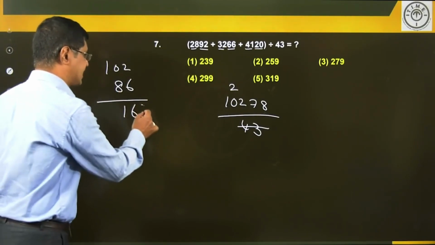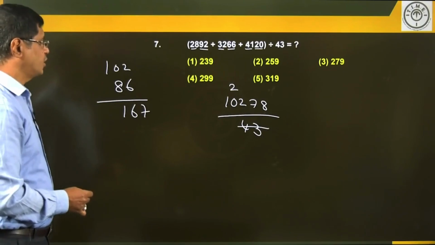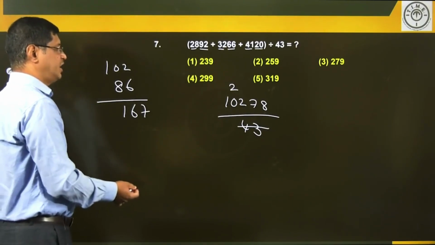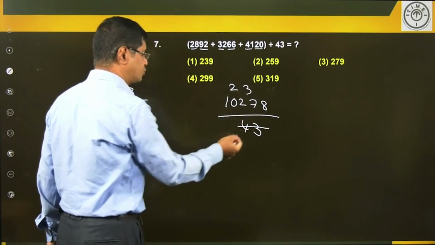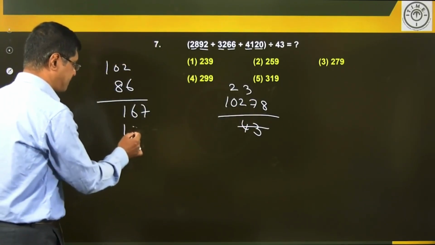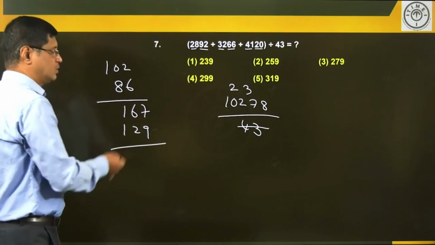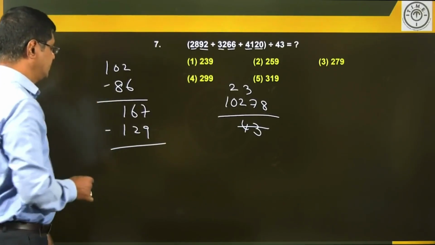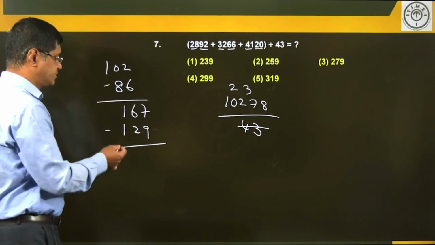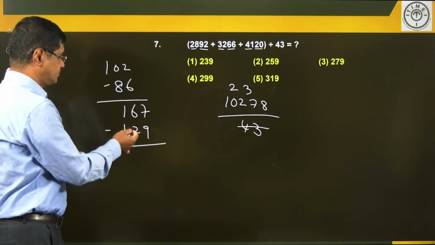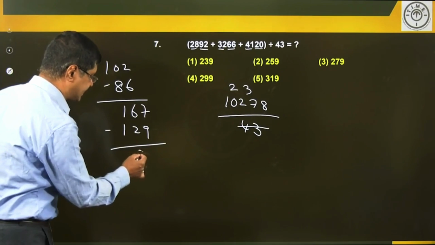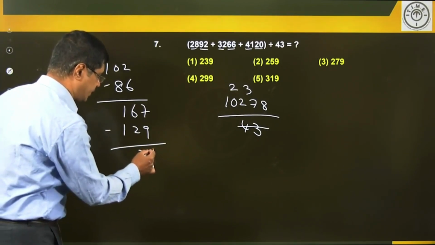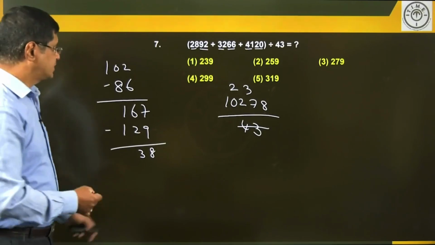So 167. 167 means how many times? 3 times. 3 times the value means 129. Now what is the difference here? It is 38. So 38 means